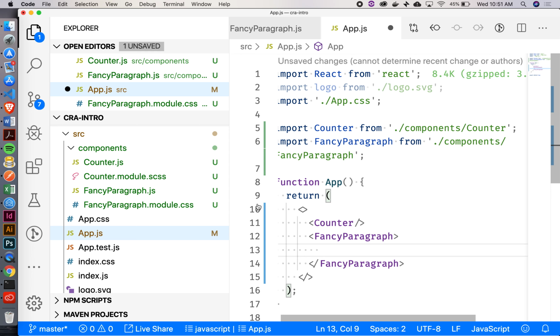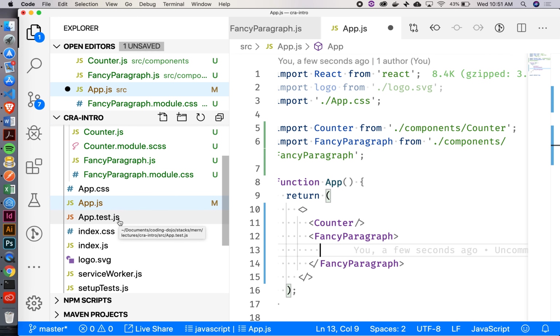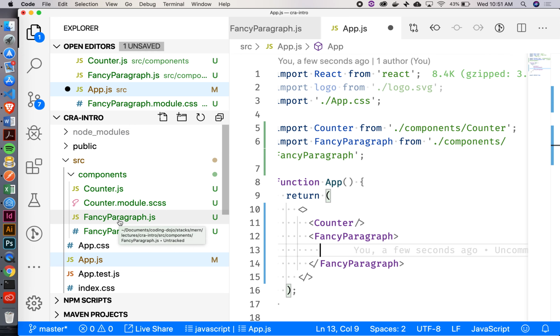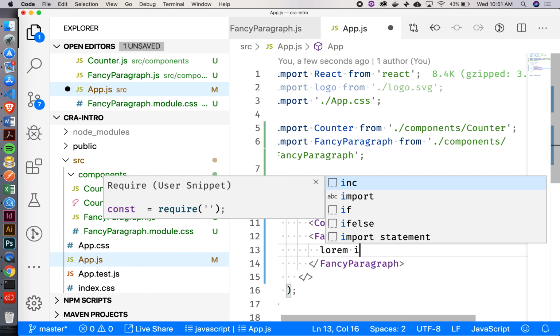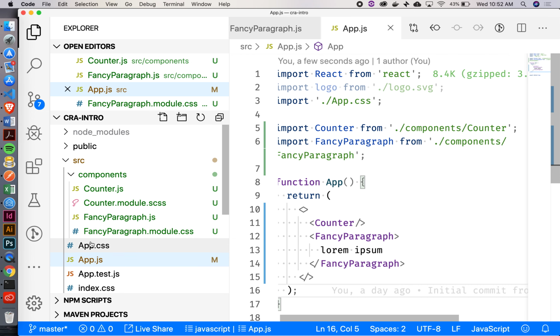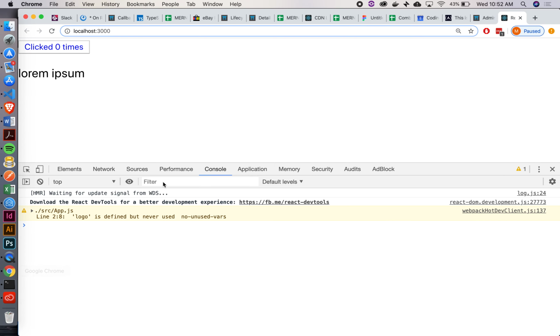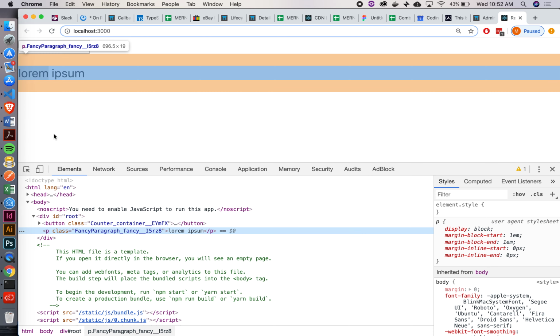Do I need to do it in my, oh jeez. I'm not getting my auto completions in because I'm not inside of an HTML file. I'll do my own version, lorem ipsum. Sweet. Alright, so it's 2 words this time, right? Alright. So there we go. And then if I inspect this element here,